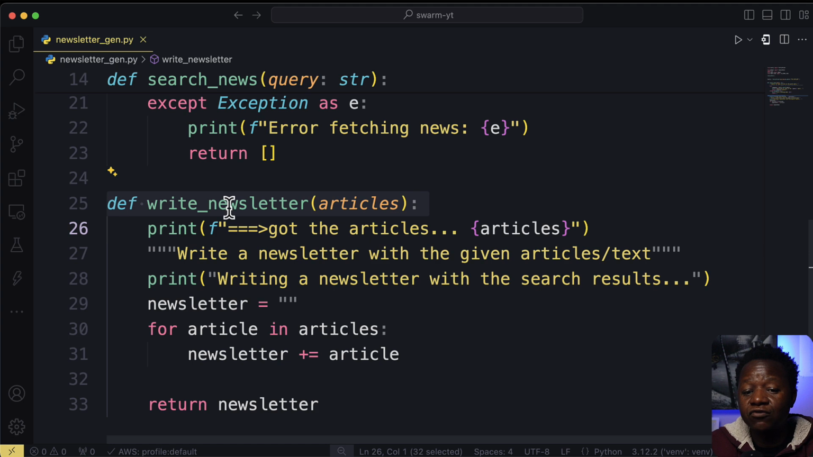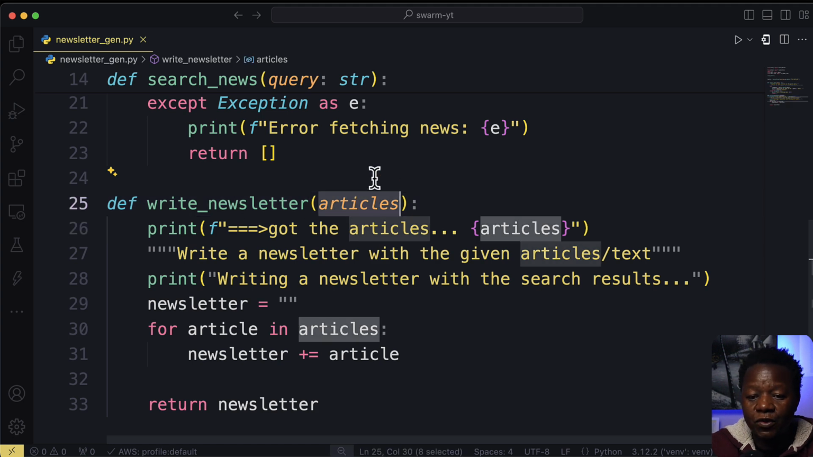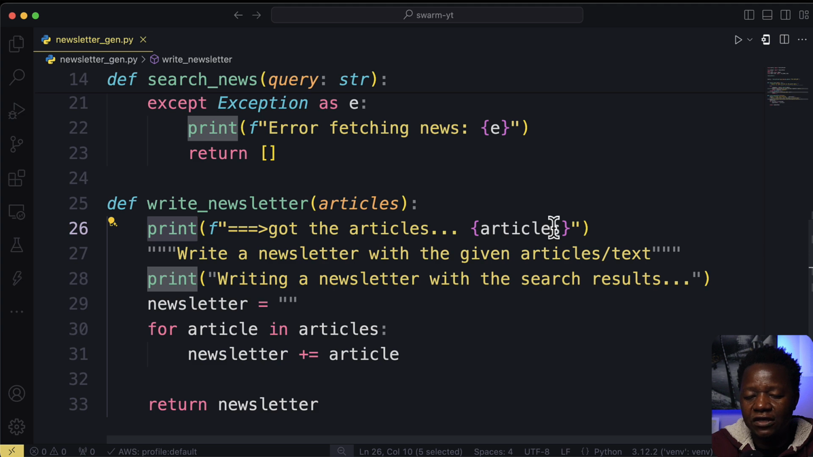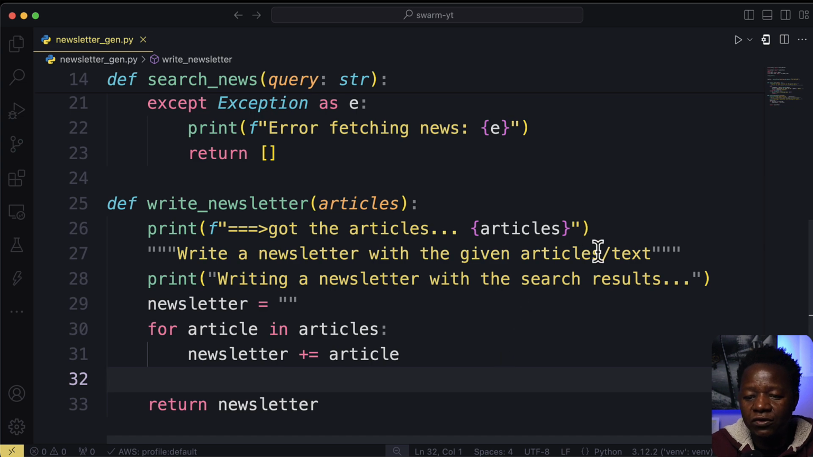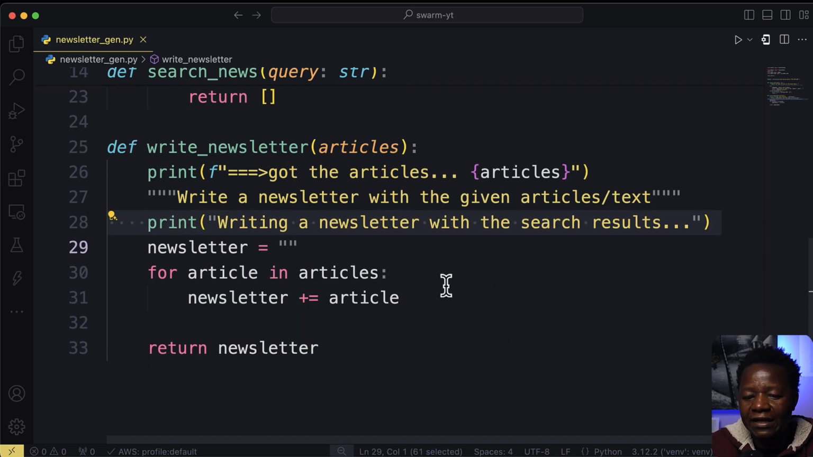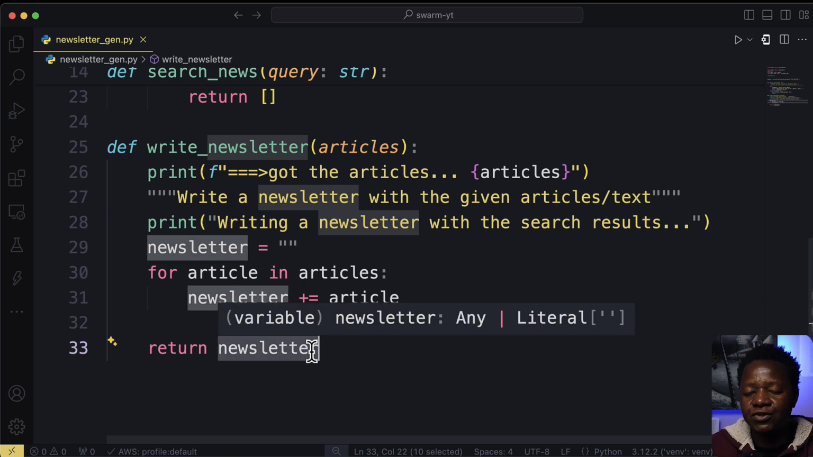So this is called the write newsletter. We're going to pass articles, and then I just have this print just for us to see. And then this docstring here: write a newsletter with the given articles or text. Okay, and another print statement here. So essentially, it's going to concatenate everything and return the actual text, which is going to be